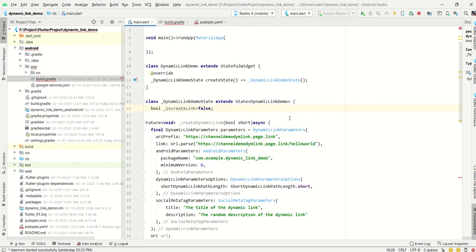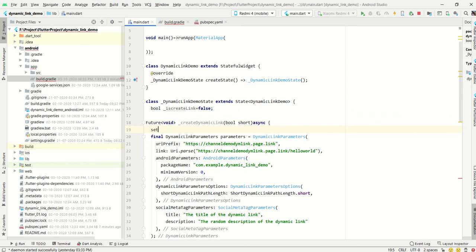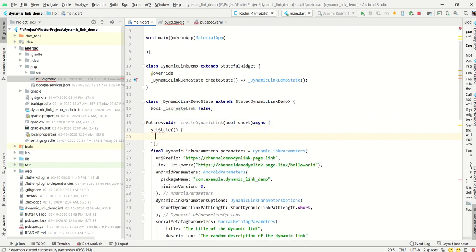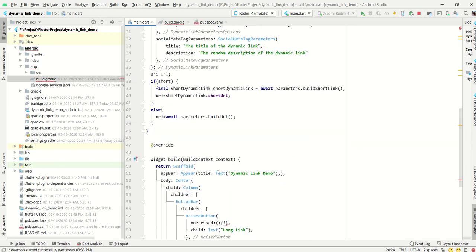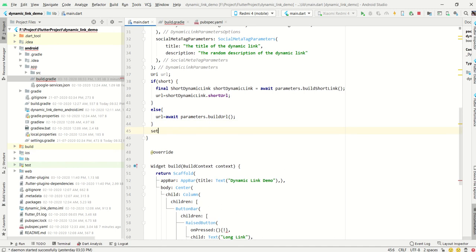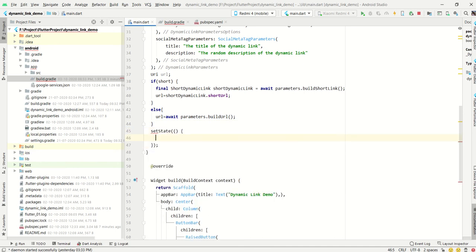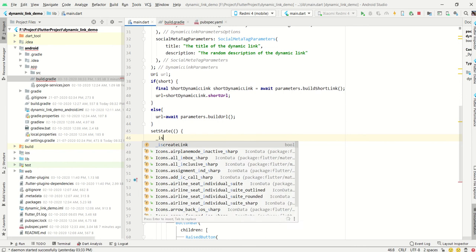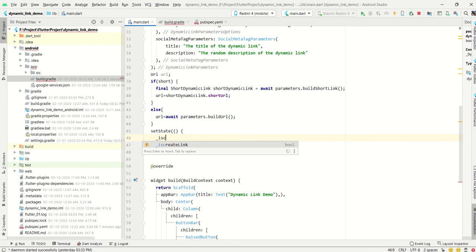Then when I start this function, I set the state of isCreateLink to true, then it will go further to create that link. After creating the link, I have to set the state again, and the variable must be false. So isCreateLink is equal to false.